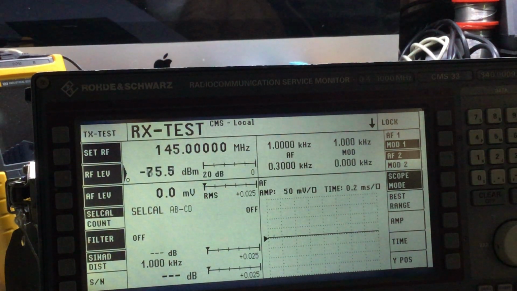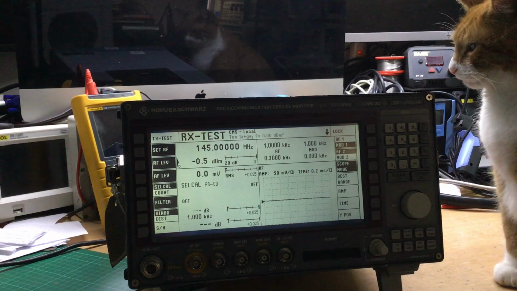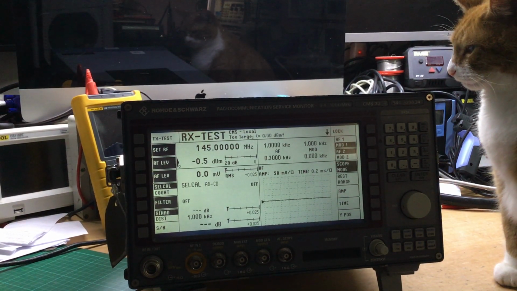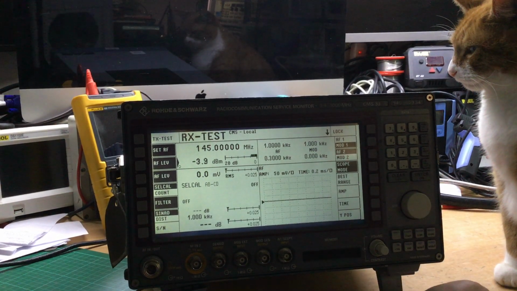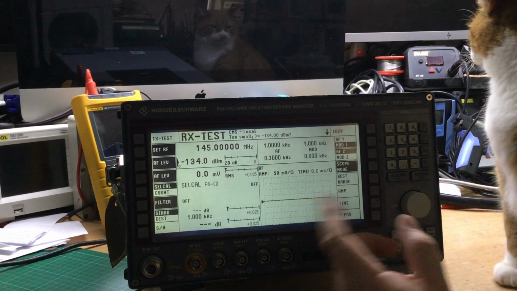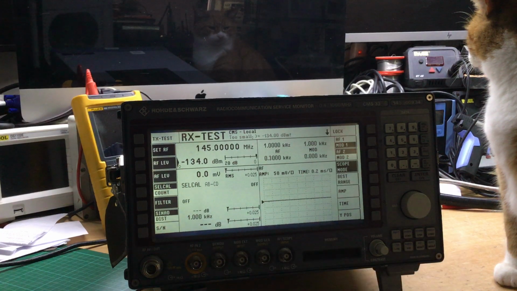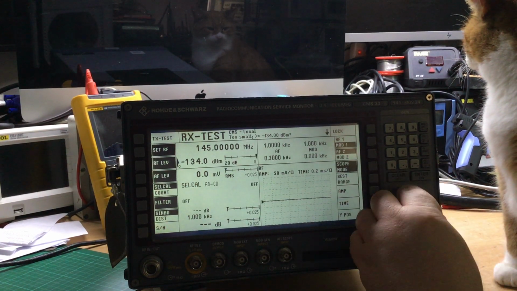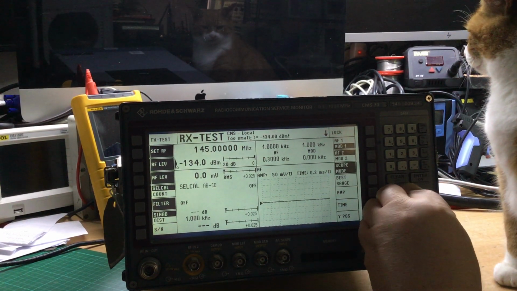It's zooming the other way, it's going up to maximum RF level now, and then it'll get to the top of a maximum RF level, because obviously I'm not touching it, and it'll start saying it's too much now. So if I turn it the other way, minimum RF level, it's either extremes of one way or the other. But if I grab hold of the control and just wiggle it a bit,